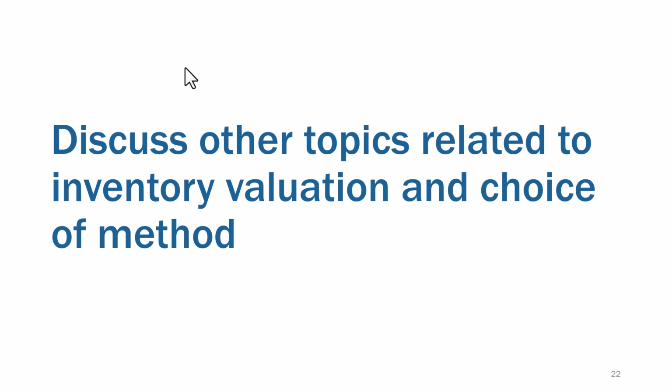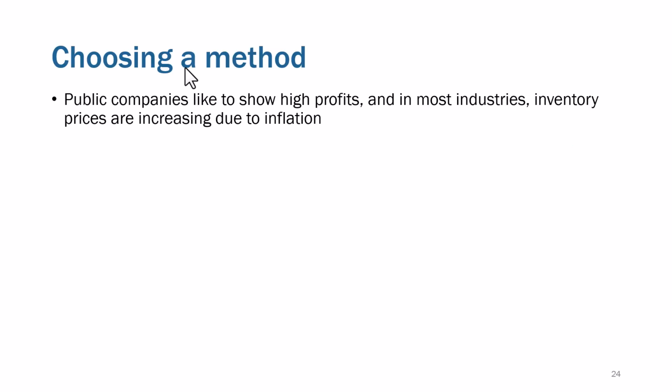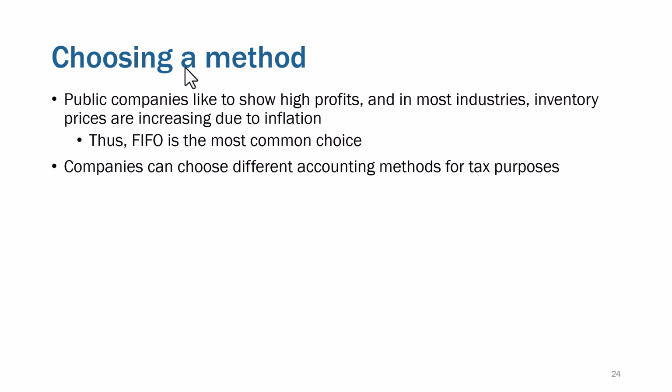Well, just a couple other topics as it relates to inventory valuation and the choice of method. Public companies like to show higher profits, and in most industries you have inflation, so they are going to choose FIFO. You do have some companies that choose LIFO. Interestingly, if a company chooses LIFO, its profits are going to be lower early on, assuming there's a period of inflation. But oftentimes companies early on aren't making any money anyway. They're struggling, right? They have losses in the early days. So choosing LIFO early on would be an interesting strategy for a company to try to show higher